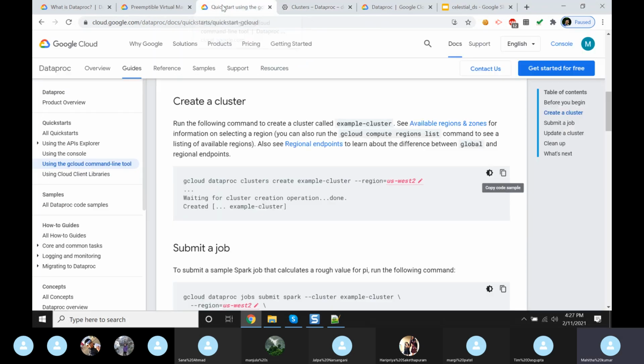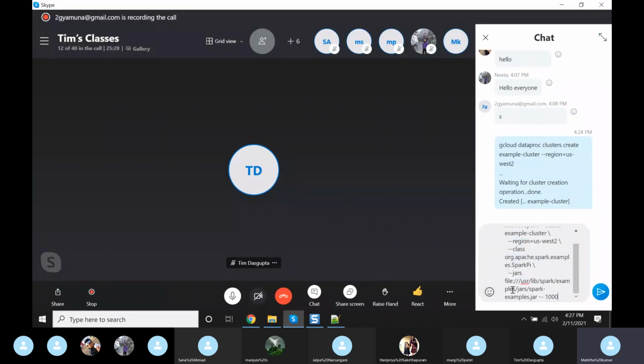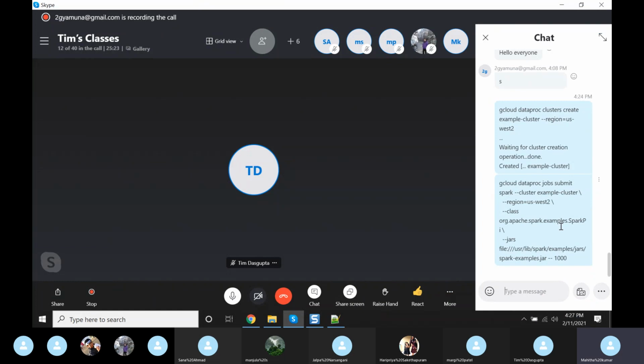The next step is creating a job. We will submit this job. So here we are asking to give the value of pi. This is a small Spark job, and here we are also telling 1,000 number of tasks. Again, look for the location, region, and modify it according to you.